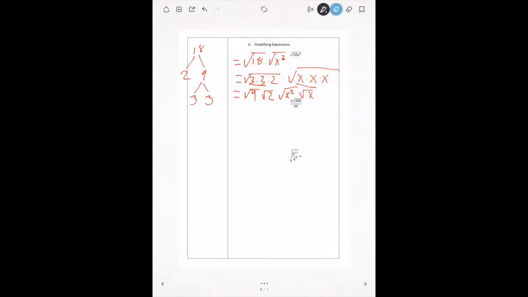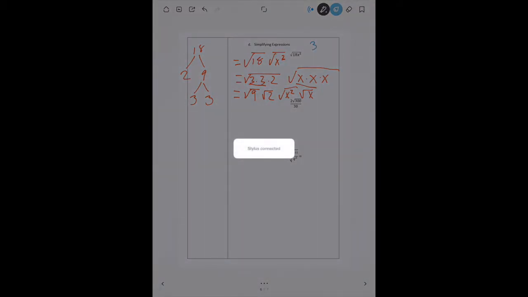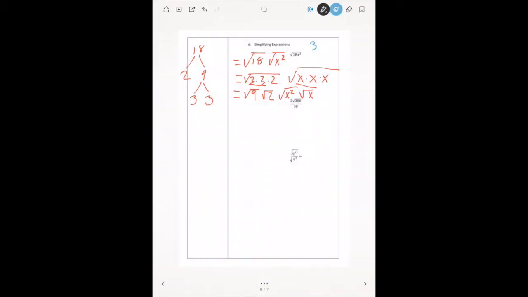My final answer should be, the square root of 9 is 3. The square root of x squared is x. And I'm just left with the root 2 and the root x. But you know what? I don't like writing two radicals. We can